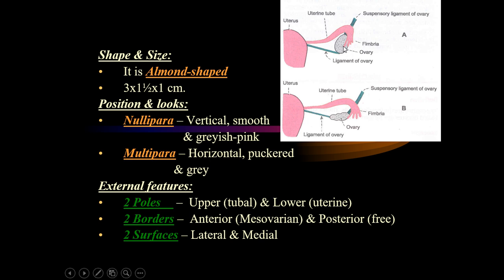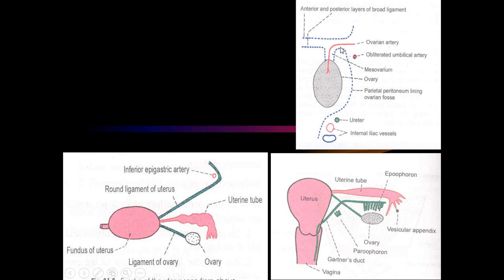So it is the mesentery of the ovary. It has a specific name, called the meso-ovarium. And the posterior border is free because it is hanging from the front. If you can see here, this is the picture shown